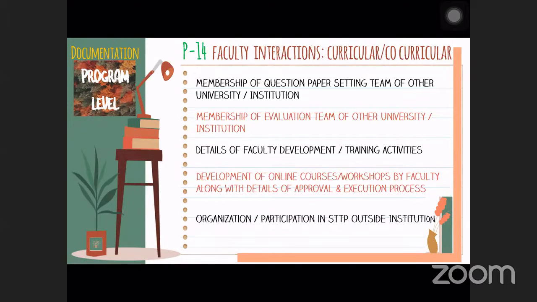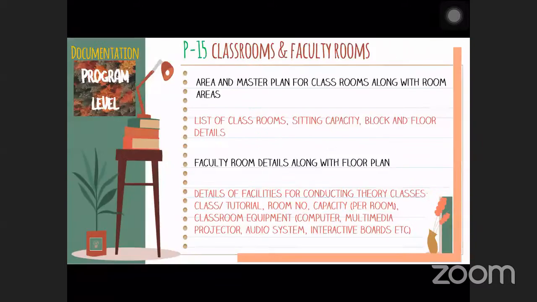Now the faculty member might have arranged a faculty development workshop, and there would have been participation from other institutions. So this again builds a faculty interaction in a co-curricular manner with the professionals working from other universities or institutions. Then faculty may be going out or maybe organizing a short-term training program for the outside institutions. So this is again an interaction of the faculty member which falls in a co-curricular category. So all such records of the faculty interaction which are related to curricular directly or co-curricular activities should be present in this file. The next file is